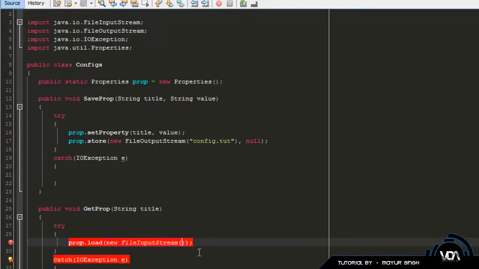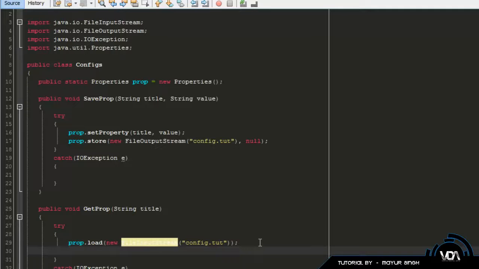This will read the file. So in the brackets you need to type in the name of your file, which is called config.tut. And then the next thing, and the last thing to do, is to say